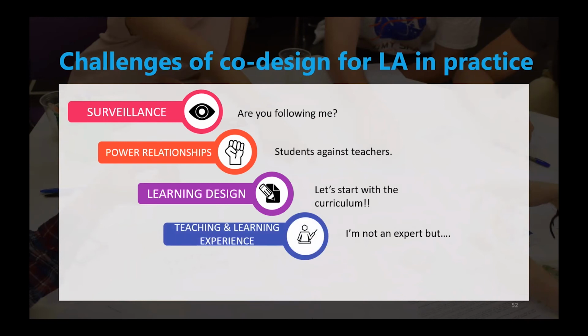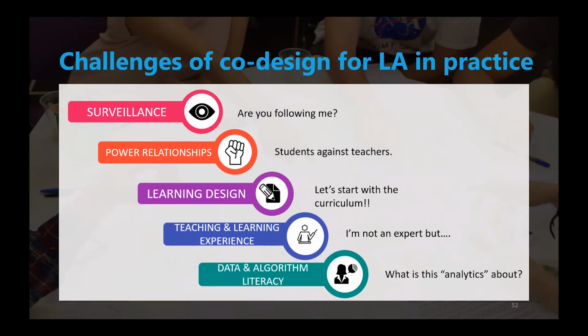As clear as it is, we realize that learners are not experts in teaching. They are not the pedagogical experts, but that doesn't mean they don't have a say. They are the first ones to experience the learning environment. So they have a lot of insights about whether it is useful or not.